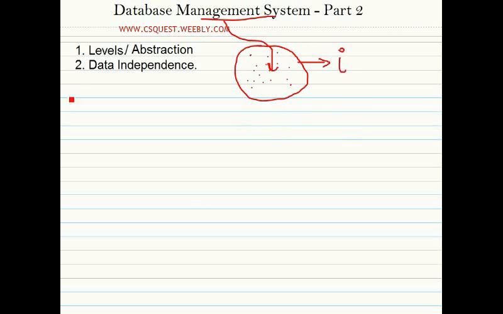Fine. So in this tutorial we are going to deal with two things. First is the levels of abstraction, and the second is data independence, right? Now generally for the first case, the levels of abstraction, we call it a three-tier architecture. Fine, 3T architecture. Now what is a 3T architecture? So this whole DBMS concept is divided into three parts. The first part is called the